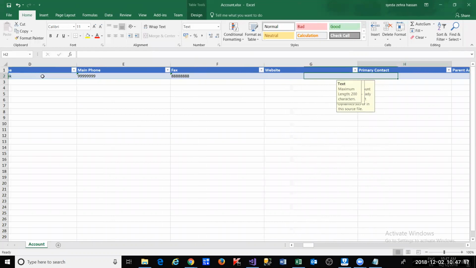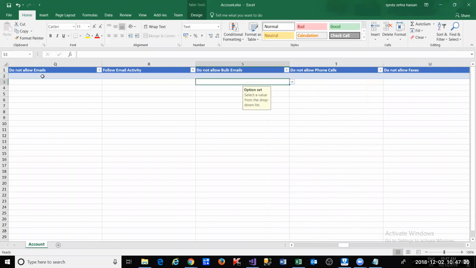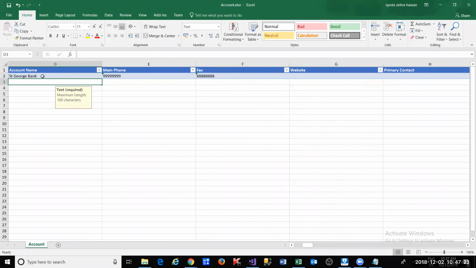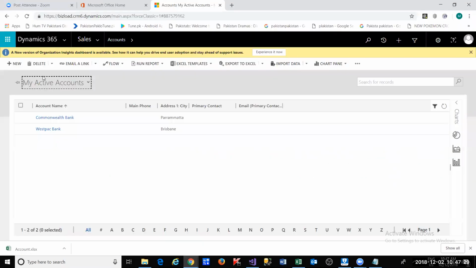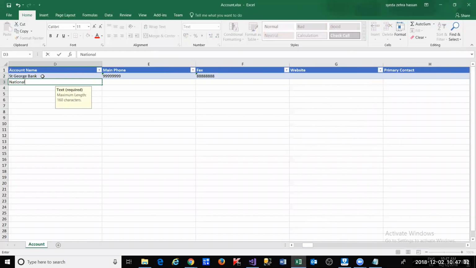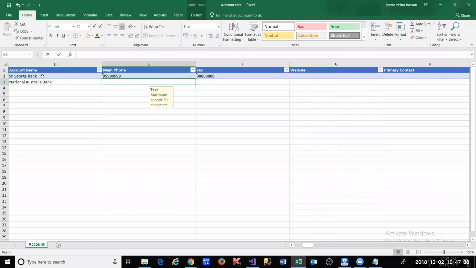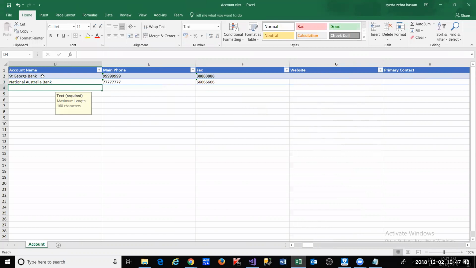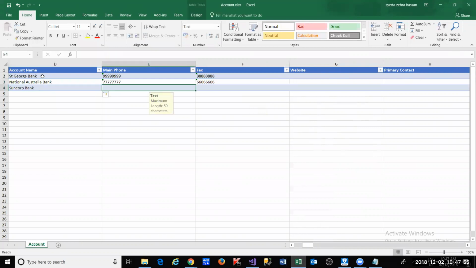Let's add another record. Let's add National Australia Bank, with phone 1, 2, 3, 4, 5, 6, 7, 8 and fax 1, 2, 3, 4, 5, 6, 7, 8. And we'll add one more. We'll call this Suncorp Bank, and their main phone number is